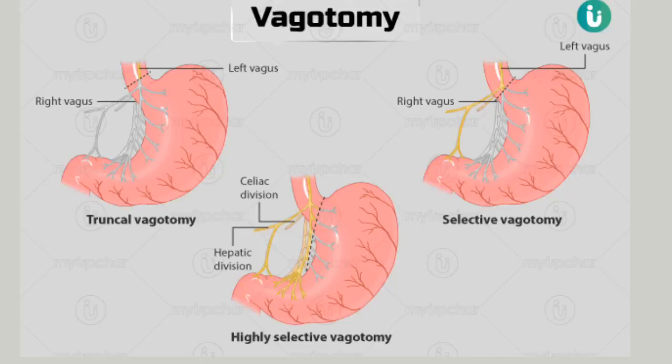Vagotomy may be of the truncal, selective or highly selective type. Truncal vagotomy involves section of the main trunks of both vagi. In such cases, after the operation, the entire stomach becomes atonic, and to ensure gastric emptying we have to do pyloroplasty, destroying the pyloric sphincter, or gastrojejunostomy to allow the food to bypass the pyloric sphincter.